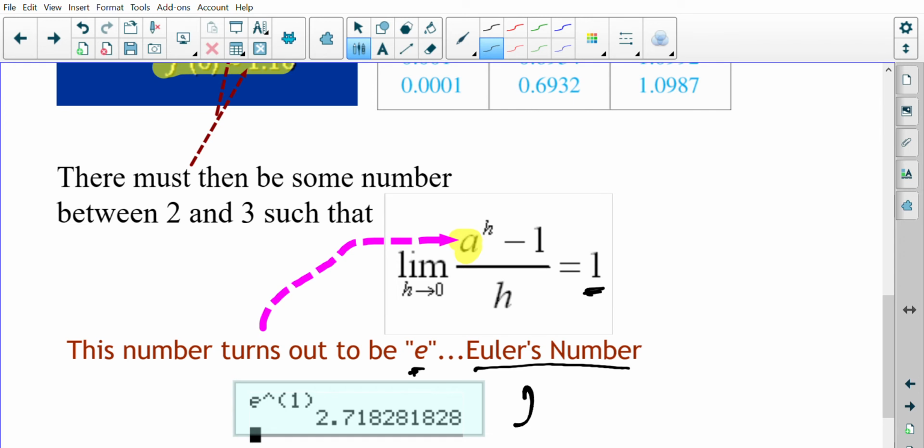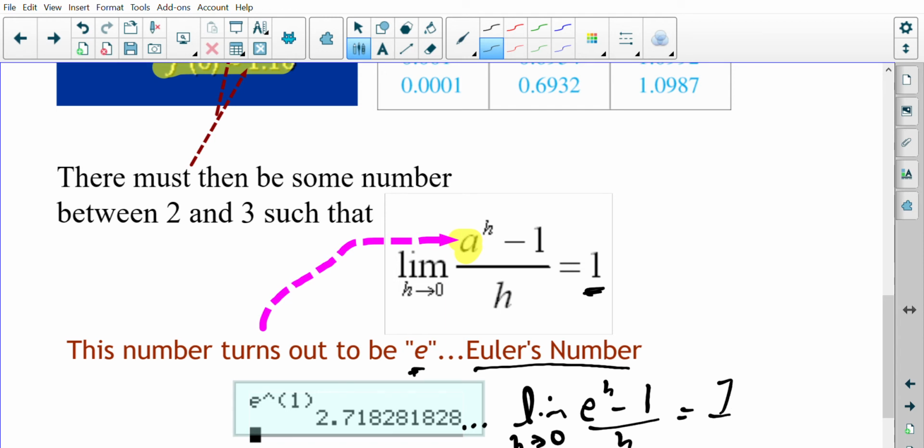Euler's number, 2.718218, goes on forever, like pi; it's irrational, non-terminating, non-repeating. But it is the only number that when you find the limit of e to the h minus 1 all over h, as h gets closer and closer to 0,